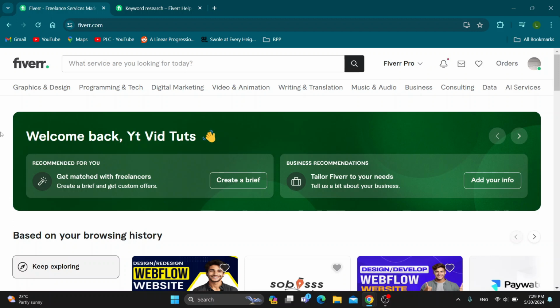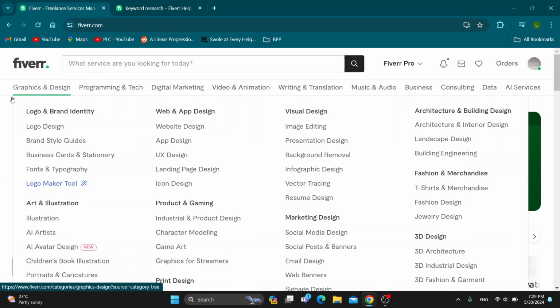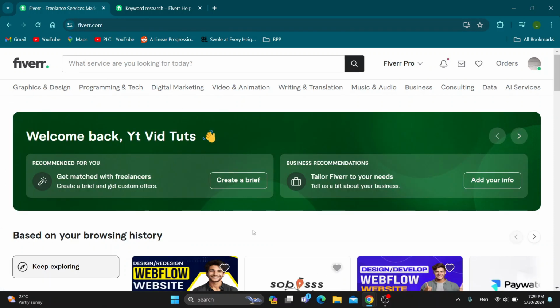So guys, the first thing you want to do is open up the official Fiverr website right here at fiverr.com if you haven't already, and after opening up the website guys, you'll be greeted by this home page right here where we want to log into our account. So in the upper right corner, you want to click the sign in button to log into the account that you want to post the gig with, or if you do not already have an account, you can just create a new one, and after logging in, you'll be greeted by this